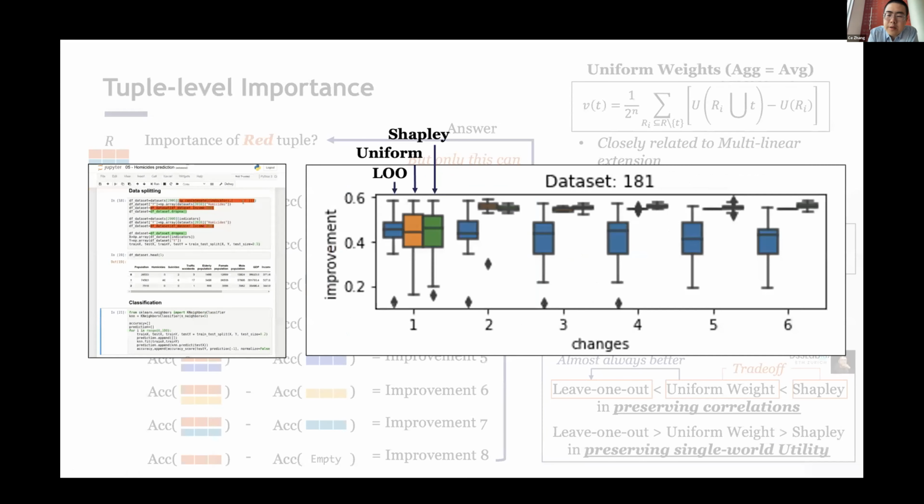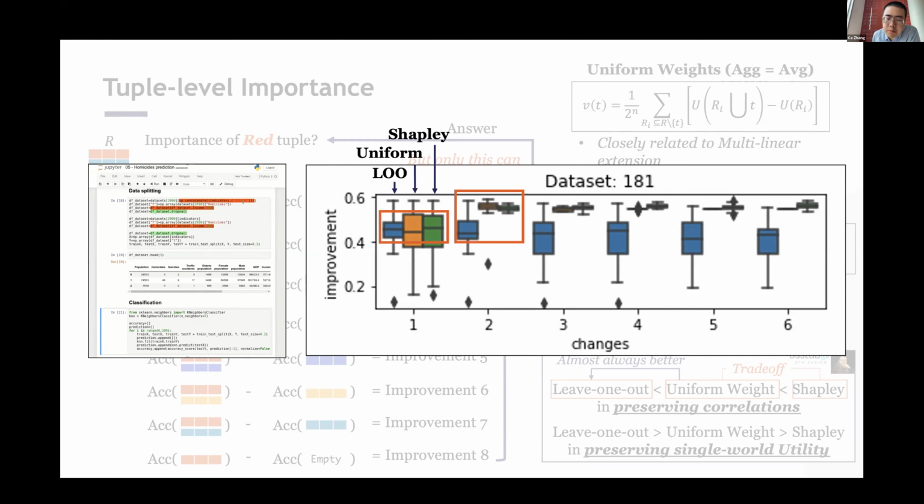And that is something you can actually see in practice. This is one application where you try to highlight different data operators inside your feature extraction pipeline using those importance measures. Your x-axis follows the importance from the highest to the lowest, and for each one of those operators, you try to fix them, to change them in a way that can improve your final accuracy. As you can see, when you have a single change, leave one out is very hard to beat. It's almost by definition the best thing you can do if all you want is to fix one operator to get better accuracy.